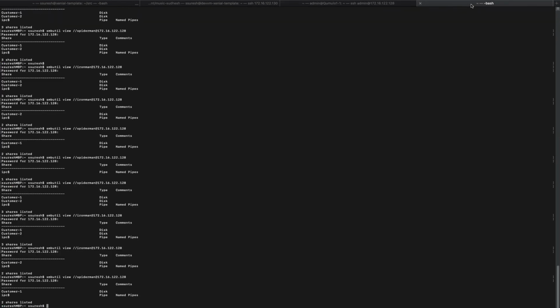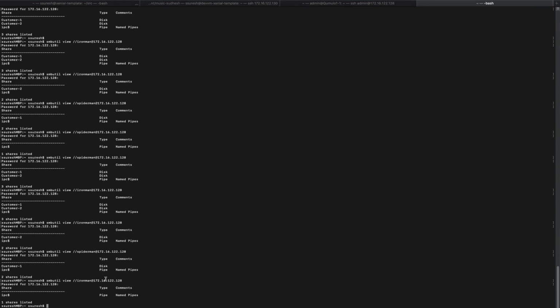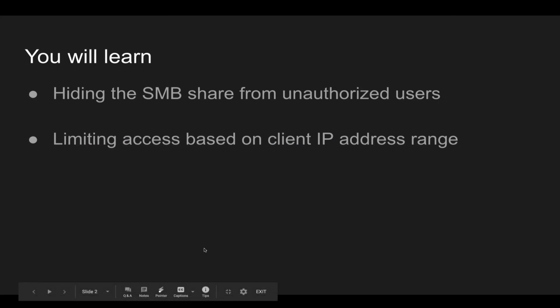And now let's go back to my utility for listing the share. Since we were talking about customer 2, let's do it for Iron Man, because I believe this is the user who had, or maybe I got it wrong. Yeah, this is the user, Iron Man, who had access on customer 2, but as you can see, since this user doesn't belong to that IP range, this user cannot even see that share where this user has the access also. So these are two helpful tips that can keep your SMB share setup on Cumulo more secure, and we wanted to share that.